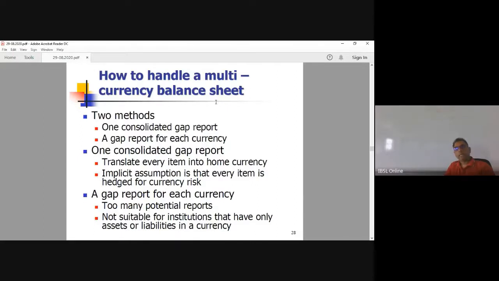Okay. So next slide is 28. We are talking about the various methods of managing a multi-currency balance sheet. One is to have a consolidated GAAP report, or the other one is to have an individual GAAP report. So when you have a consolidated one, you would still need to translate it into a home currency, and then basically have a currency risk hedge built into it so that you understand how it works. So it's just a way of reporting it, and